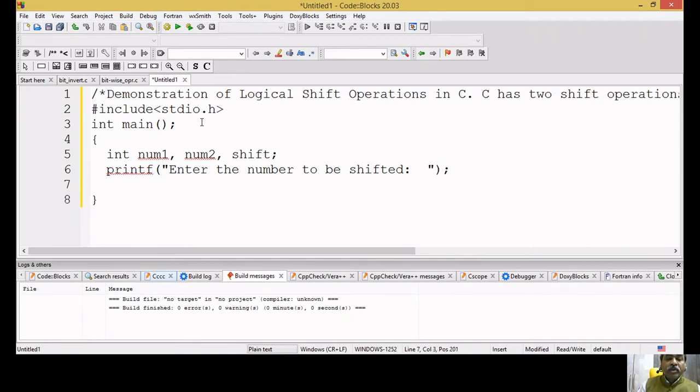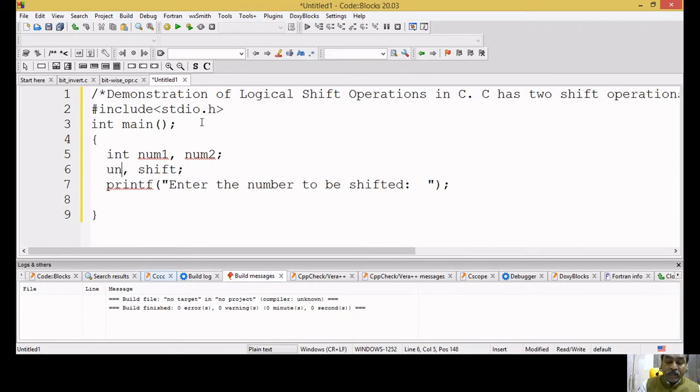What should we do now? Since shifting has to be done with an unsigned integer, we will declare it as unsigned, so that even if the user gives a negative integer by mistake, it will not be taken. So that cleverness should be with the programmer.